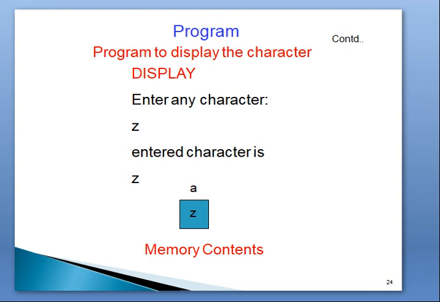If you entered Z, it displays entered character is Z. In the memory, the variable a stores Z.